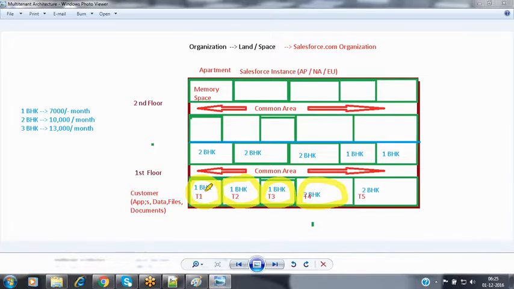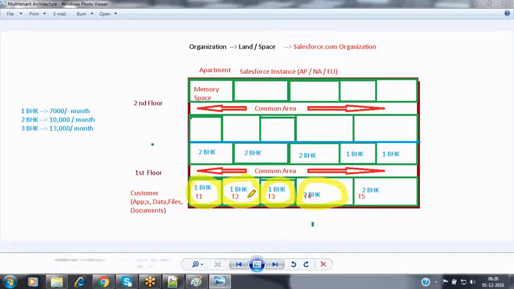inside that. Now one flat cannot be accessed by another person. One tenant can access only one flat. One flat cannot be accessed by the other people available inside that apartment. There is some restriction, there is some security available because the builder has placed doors and locks on every flat, so that every tenant can lock it in order to protect their items, in order to protect their properties.